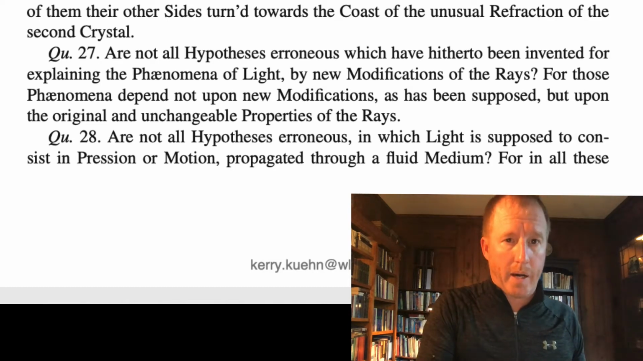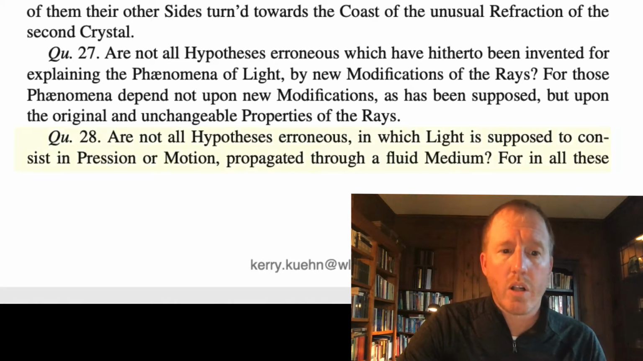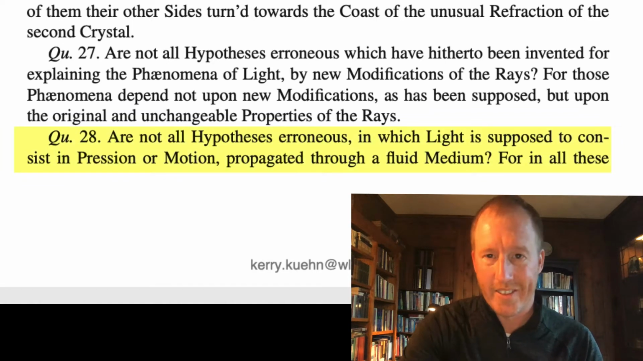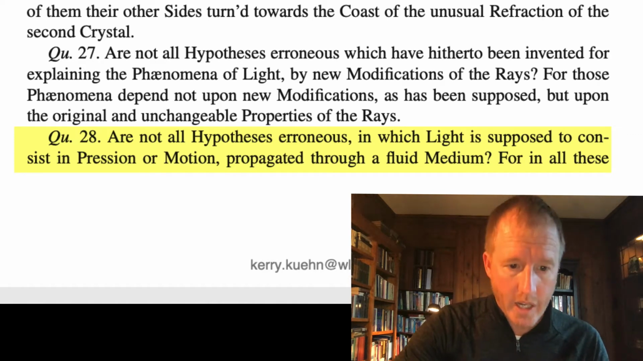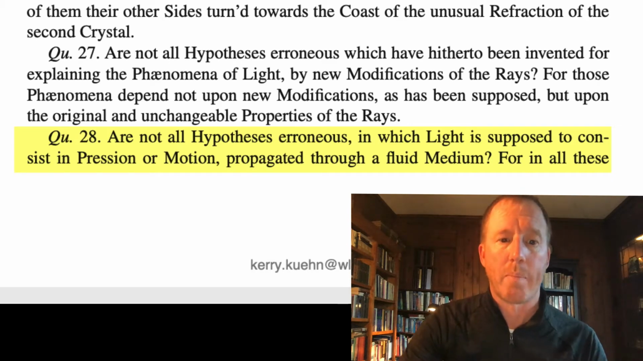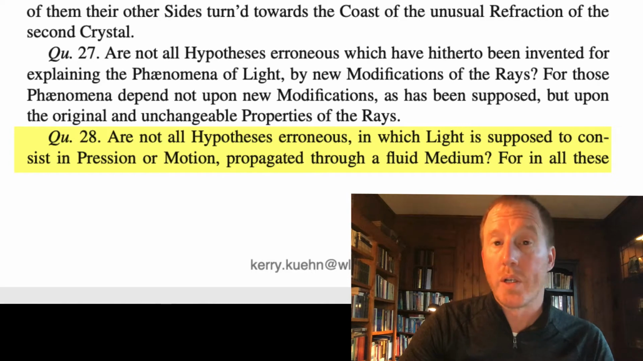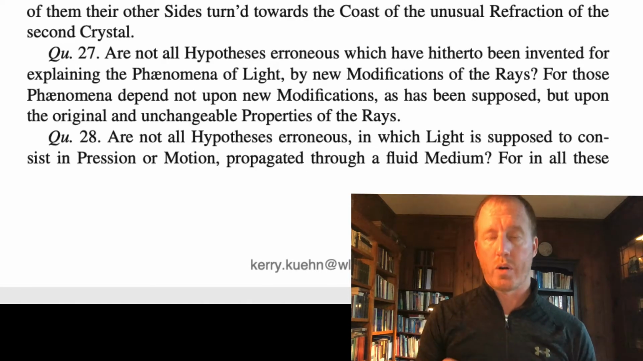So why don't you look at the bottom of page 213 and the top of page 214, where he says, are not all hypotheses erroneous? Okay, so he's asking a rhetorical question: aren't the people who think differently than I do erroneous? Are not all hypotheses erroneous, in which light is supposed to consist in pressure, or motion propagated through a fluid medium? So he has here in mind directly as a target Huygens' wave theory of light,